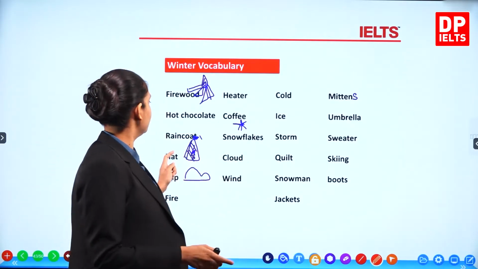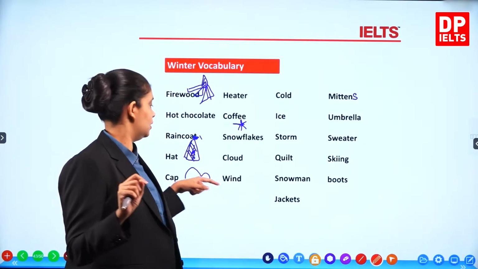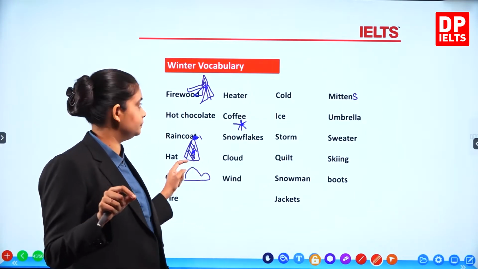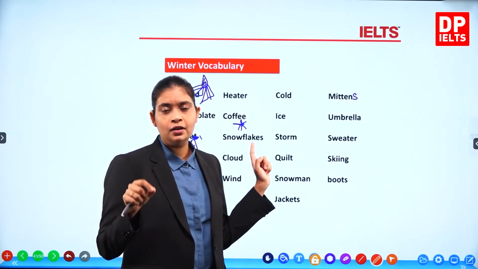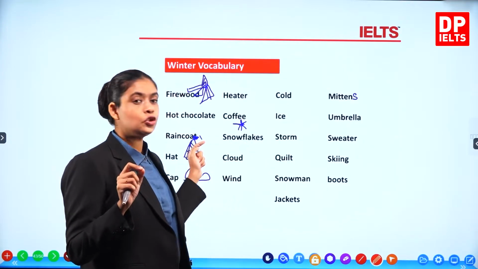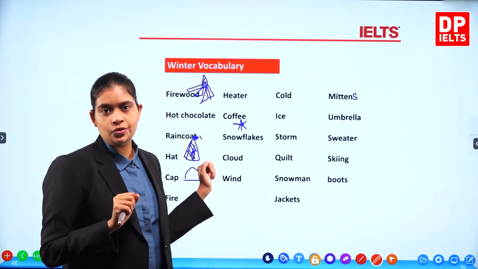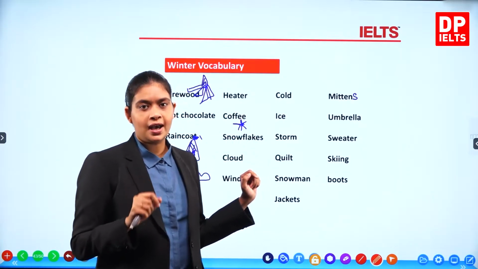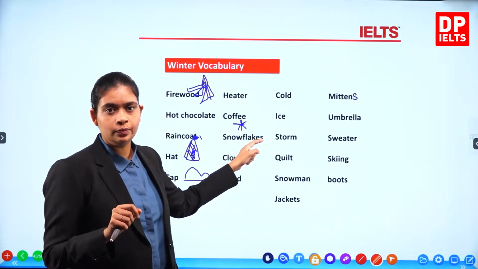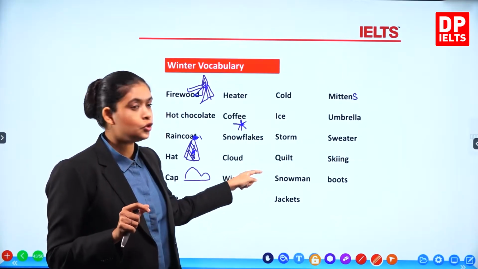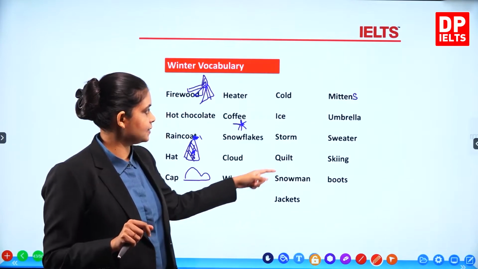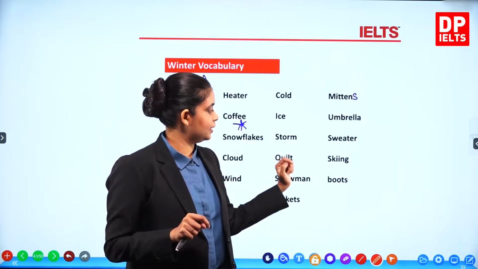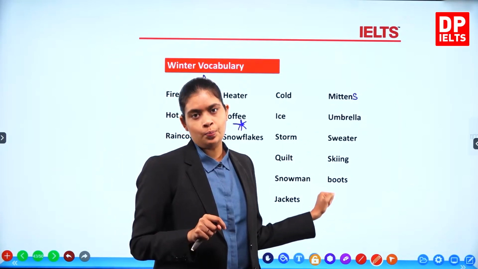Hot chocolate, raincoat, hat, cap, fire, heater, coffee, snowflakes, cloud, wind, cold, ice, storm, quilt, snowman, jackets, mittens, umbrella, sweater, skiing, boots.